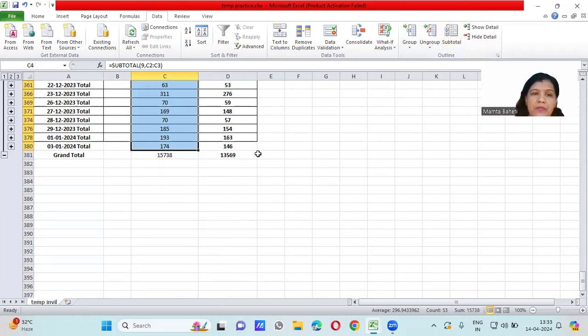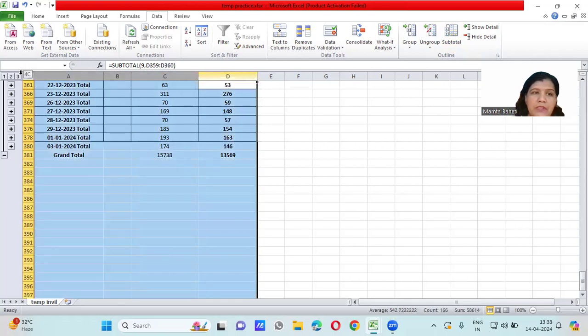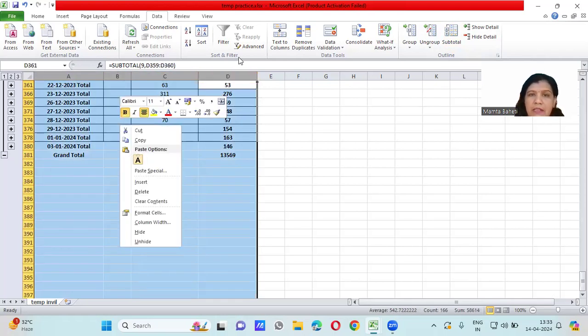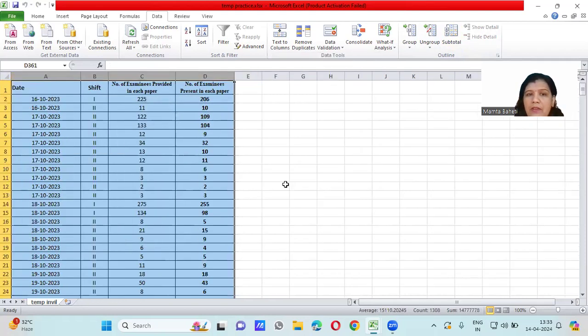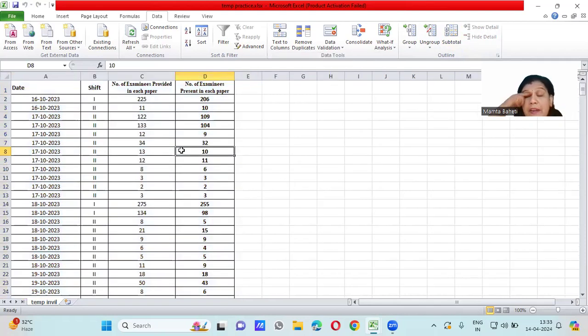Okay. I don't want the subtotal function. I'm selecting all the things. Then clicking on subtotal and I'm clicking on remove all. So now my data is back to its normal. Okay. Now,